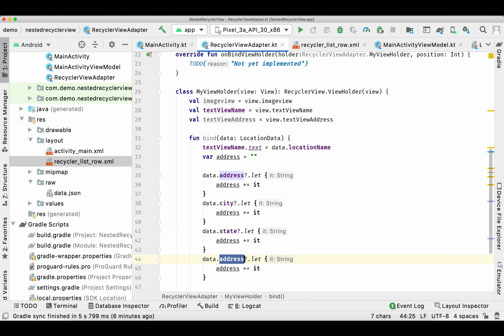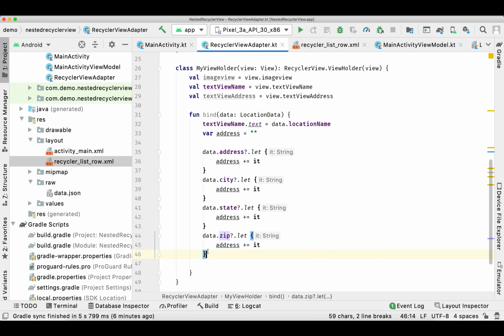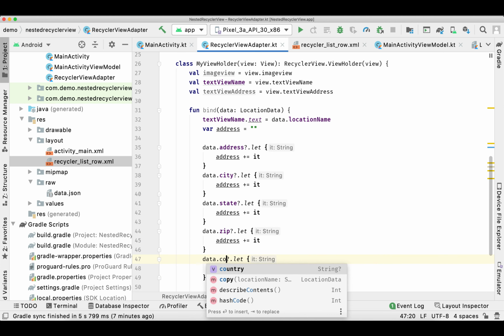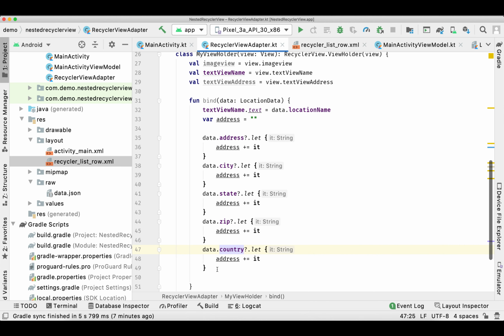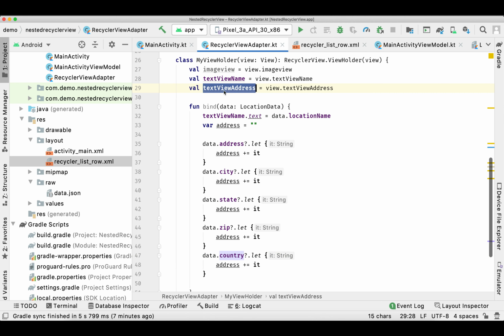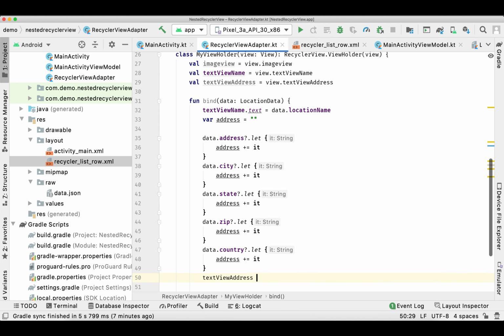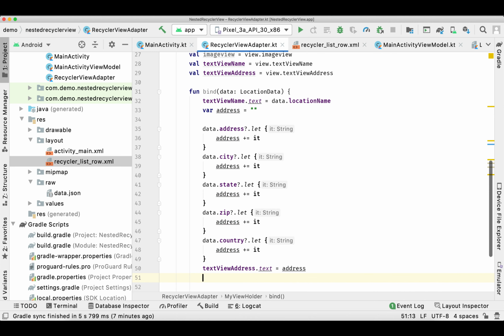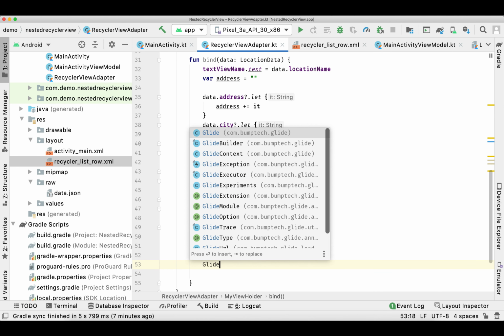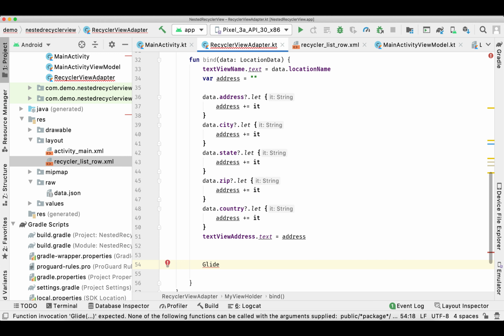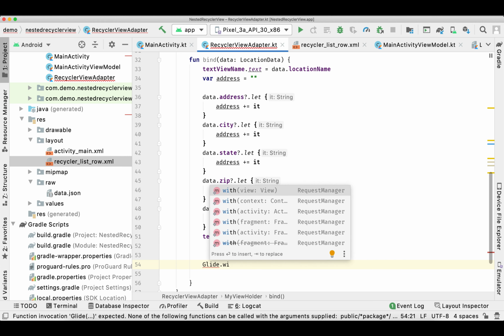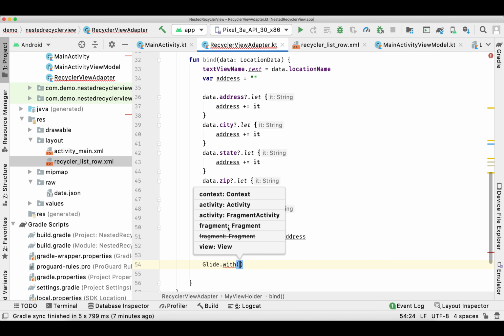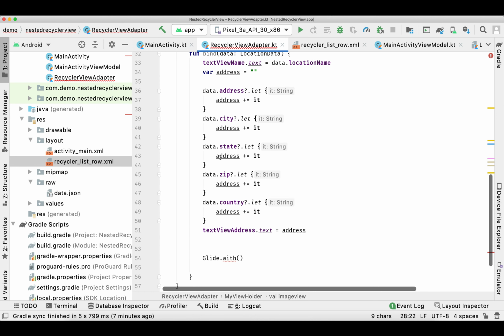Add state, zip, and country. And at the end we'll set it to our text view. And now we'll use Glide to get the image from the URL, and we'll set it to our image view.